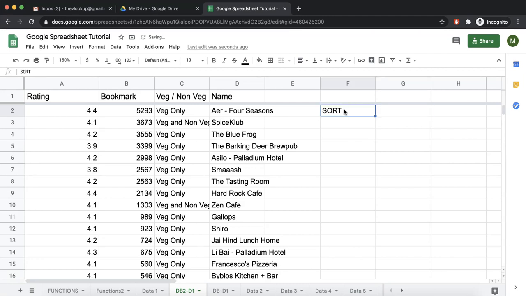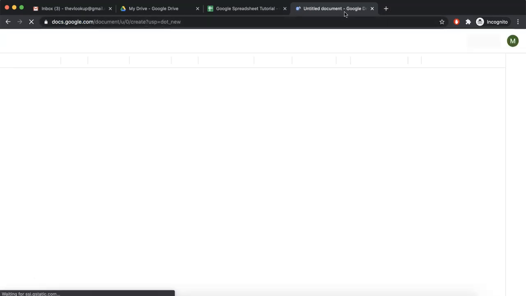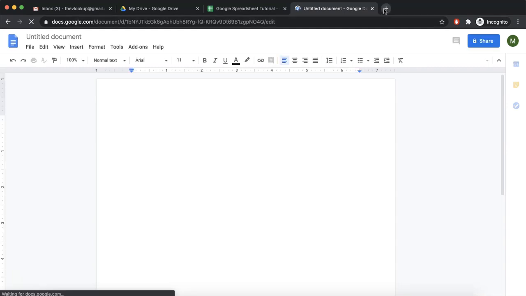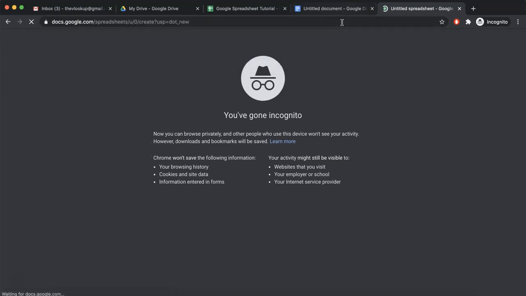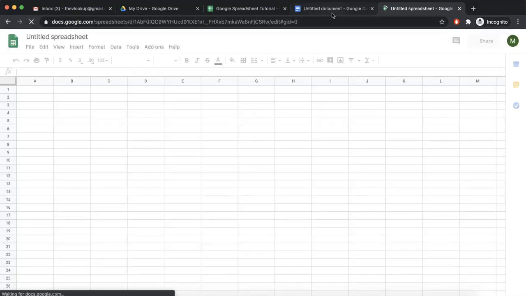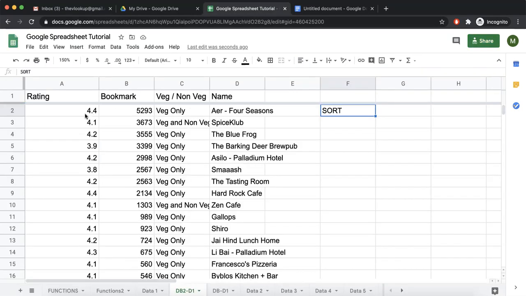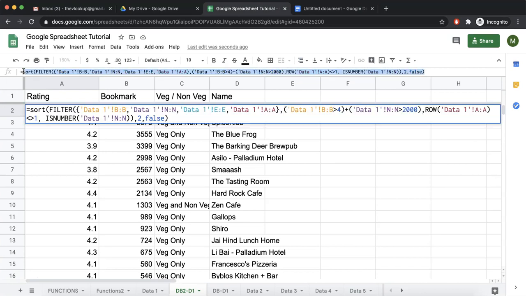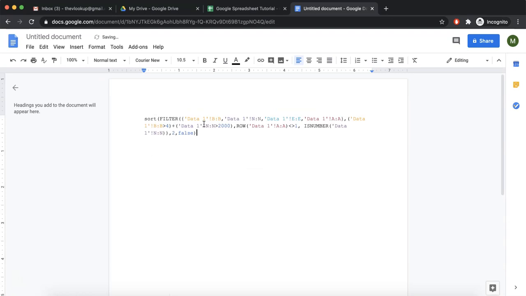and in fact, to make it more clear, let me open docs.new. By the way, just a tip for you. If you want to create a new sheet, you can simply write sheets.new. It will create a new sheet for you. So I have written docs.new, which is for a new document. Now if we copy this function that we have over here, let's see what is happening in this. Let me turn all black so that we can see. Okay.